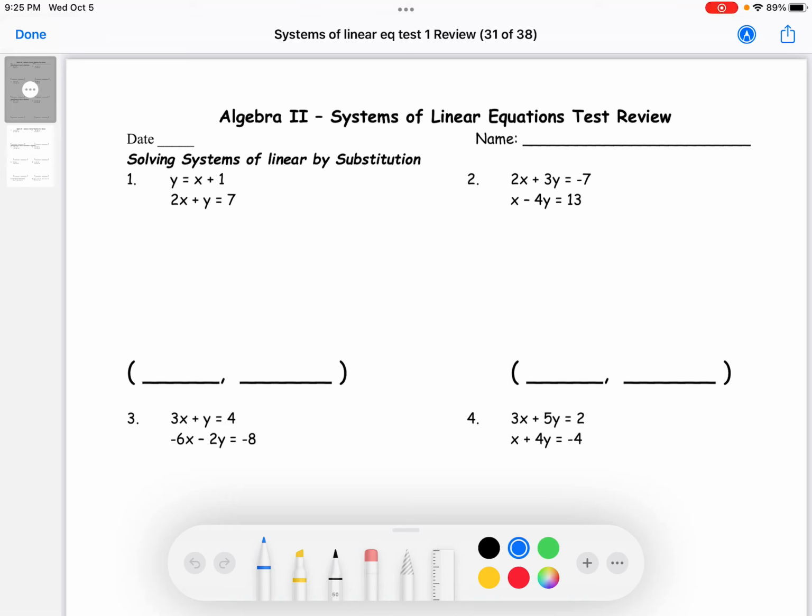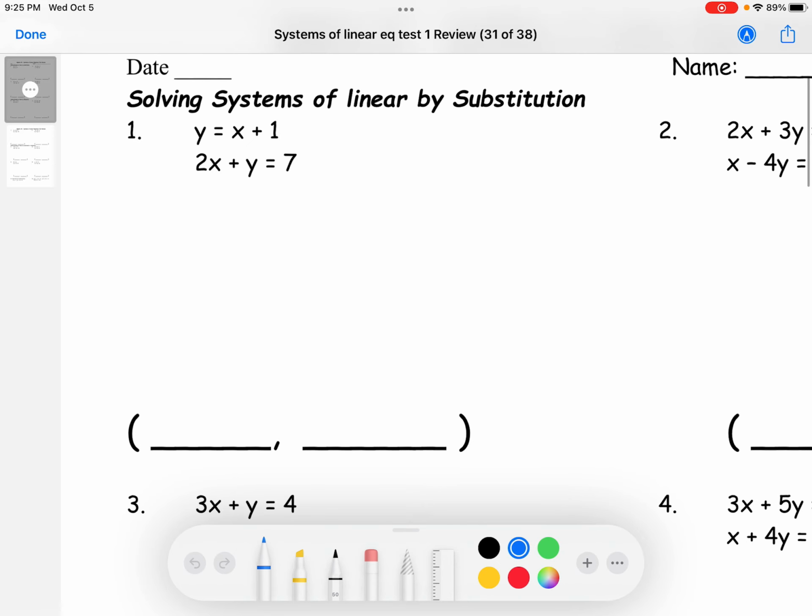All right, y'all, we're looking at the Systems of Equations test review. This is in the second 6 weeks, and we're looking at this first question right here. It's asking us to solve by the method of substitution. Okay, and if we're talking substitution, then the key thing that we're looking for,